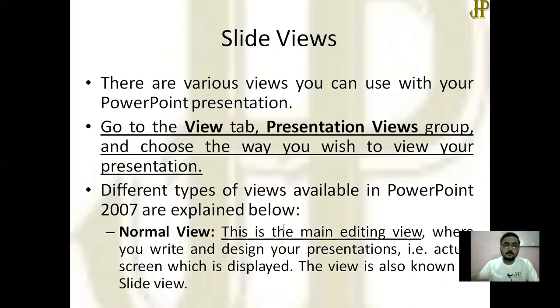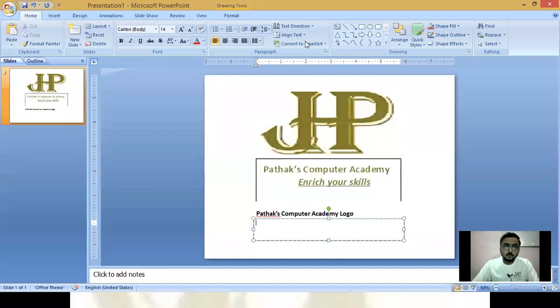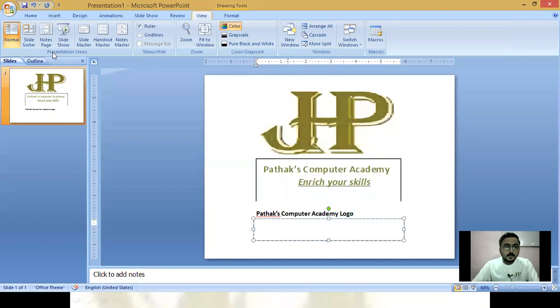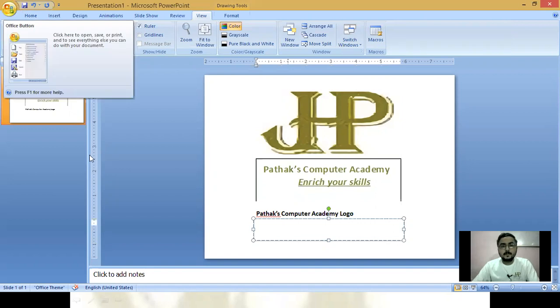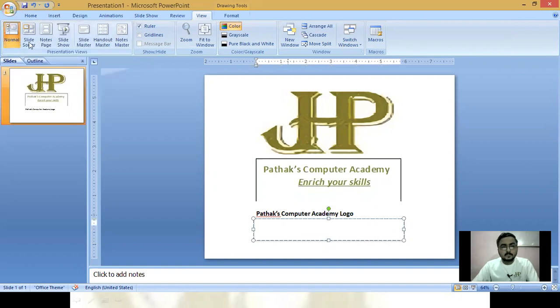Okay, here, go to the View tab. Here in the Presentation Views section, you can see a lot of views available like Normal, Slide Sorter, Notes Page, Slideshow, Slide Master, Handouts, Notes Master.